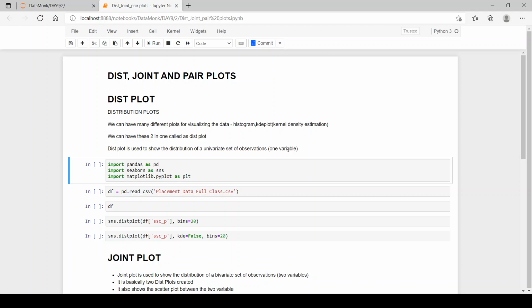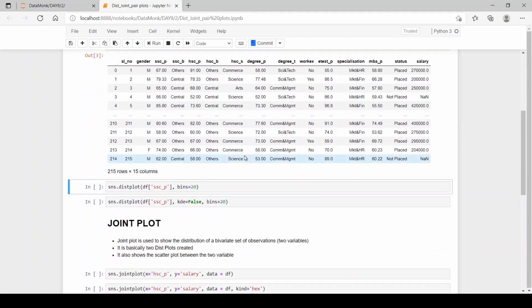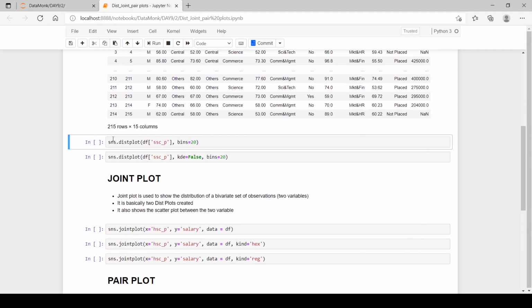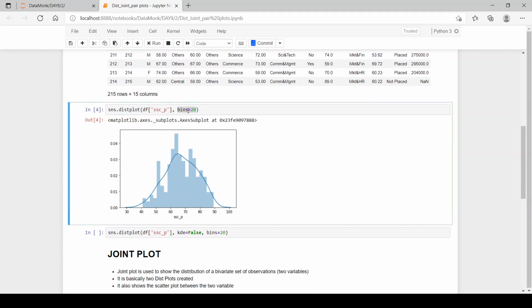So let's import pandas, seaborn and matplotlib. So we have these three imported. Then we have a data frame, placement data full CSV. Then we have a dist plot plotted. So we have dot dist plot to plot a distribution plot on the column SSC percentage, and we give bins equal to 20. Now we have the bins of the histogram as 20, and